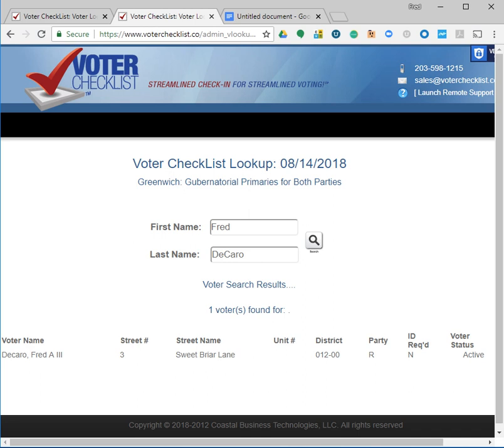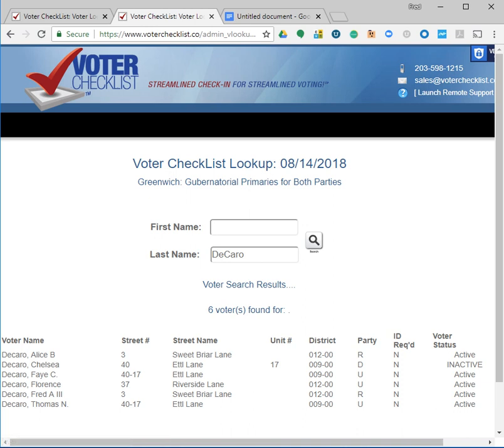You can also put in just a last name, and this will show you if, for instance, someone may have changed their first name or something like that, or may be registered under a nickname, you're not sure, you could just put in a last name and you can see all of the people with the last name DiCaro. And my wife, for instance, Alice DiCaro, her nickname is Meg, and so most people know her as Meg DiCaro, but she is registered under her real name of Alice. So simply put in any last name,